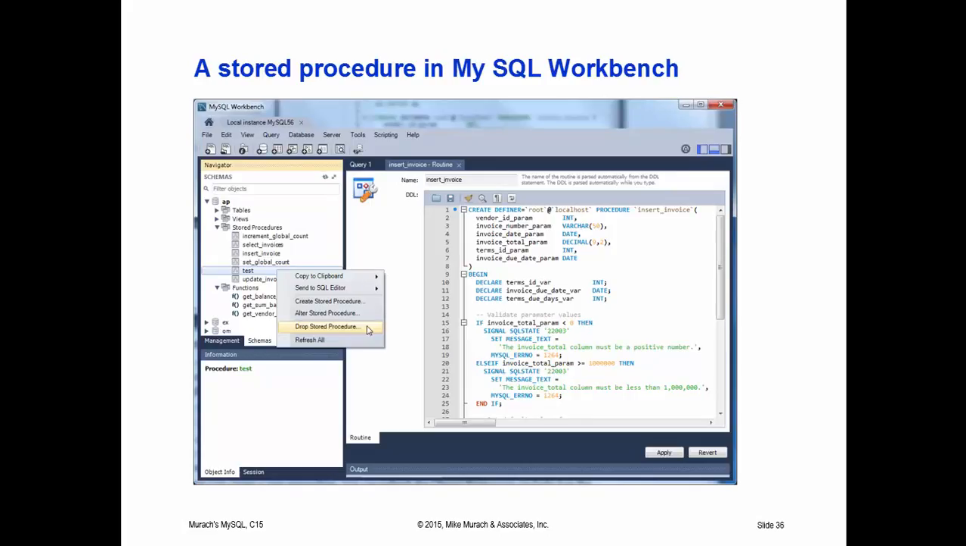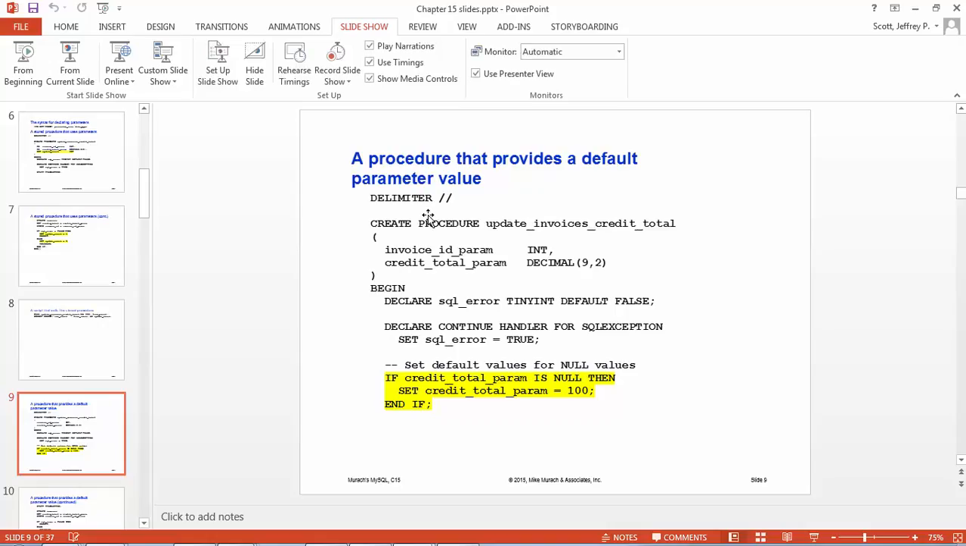a function, again, something that's going to return a value, a user-defined function, one that you create. A scalar function is a function that returns only one value. And finally, they show how this stuff is used and done in MySQL Workbench, which I'm not going over. So that's it. I'm going to come back in just a minute,